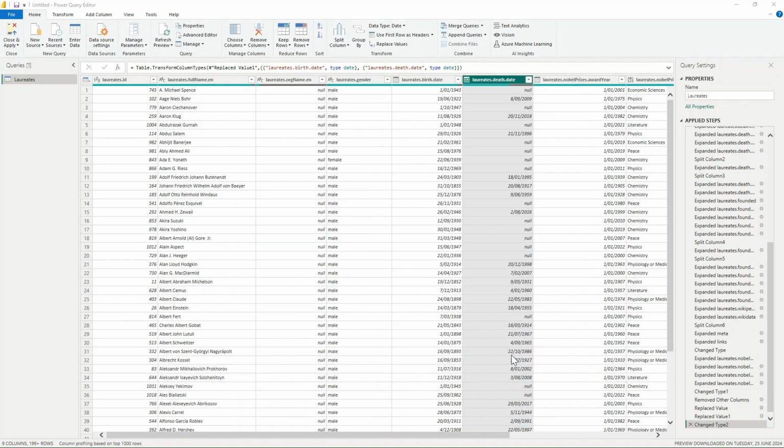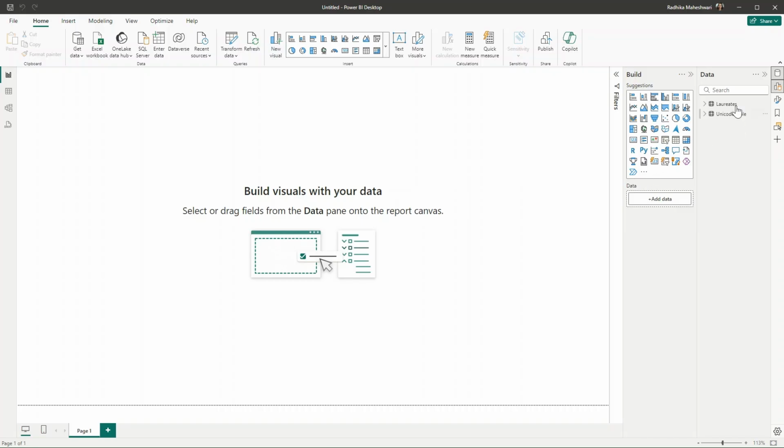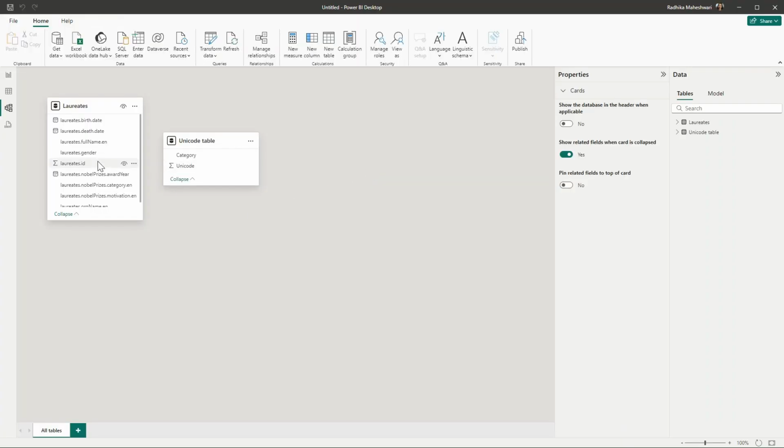and click on OK. Now this table will load all right. And these are all the transformations that we had to do. And now I will click on close and apply. Now that our tables are loaded into our Power BI desktop, let us go to our model view so that we can build relationship between them.